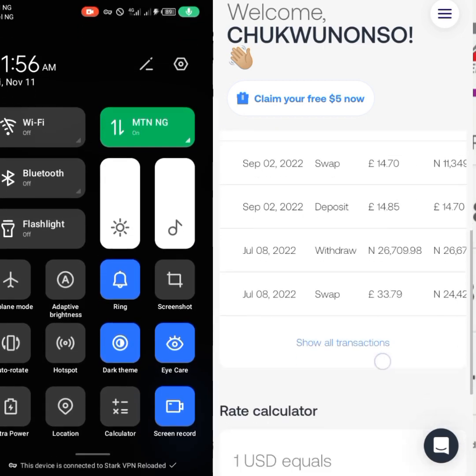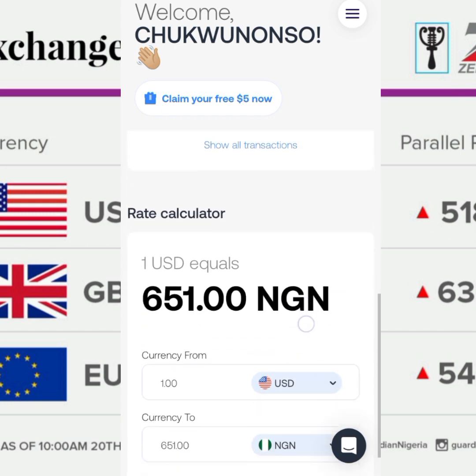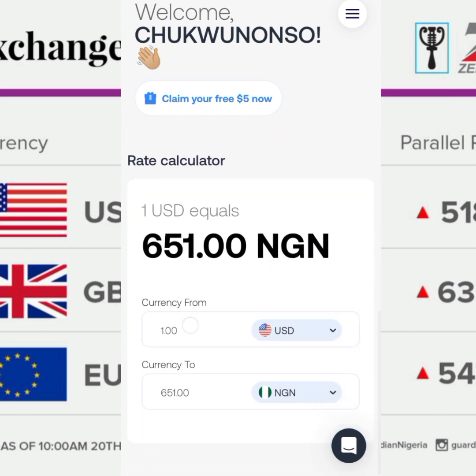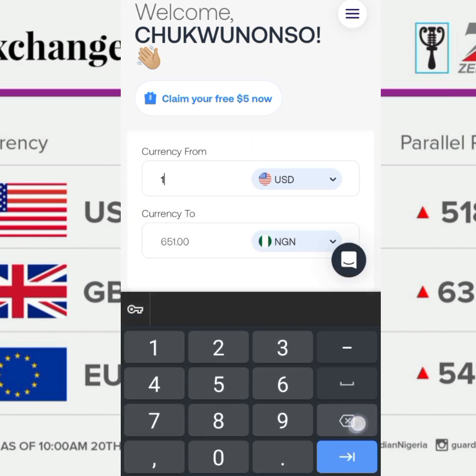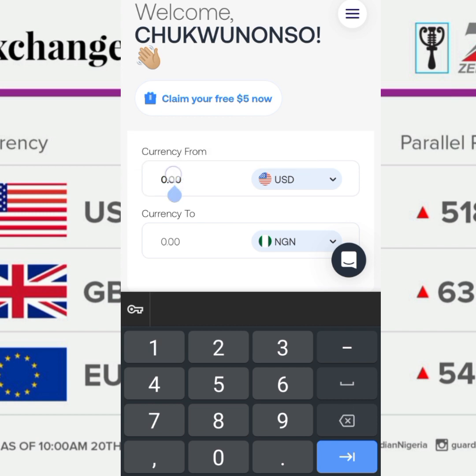So now we've confirmed how much we'll be able to get from Paxful. So now we are here on Grey. What we need to do is already on USD here. When you just type here, you know exactly how much you will get. I should paste it here.